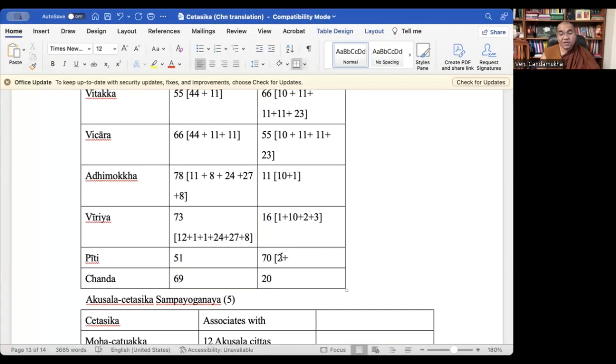And then you may still remember, Piti is one of the jhana factors: Vitakka, Vicara, Piti, Sukha, Ekaggata. Okay, five jhana factors are there. So that's why if we look at the Piti, we have to look at the 121 consciousness, not the 89 consciousness. So 121 consciousness, why do we need to look at it? Because it belongs to jhana factors.